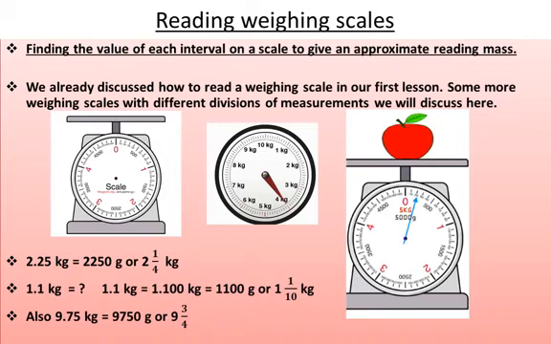Now see the second one. In the second one, we can measure up to 10 kilo weight. This is the maximum weight of the weighing scale. We can measure 10 kilogram. You can see between each kilogram there are 10 divisions. So this will also show 1.1 kilogram, or 1100 gram, 1200 gram, 1300 gram, like that. So the pointer is correctly showing 4 kilogram.